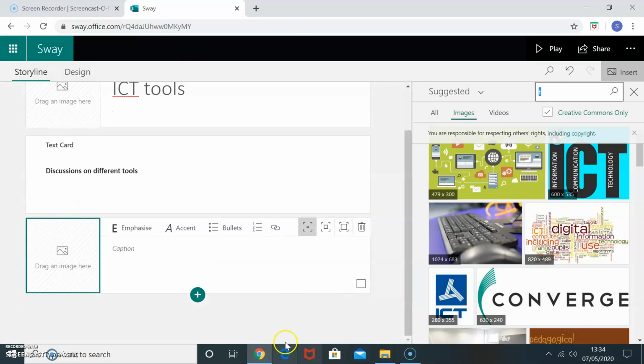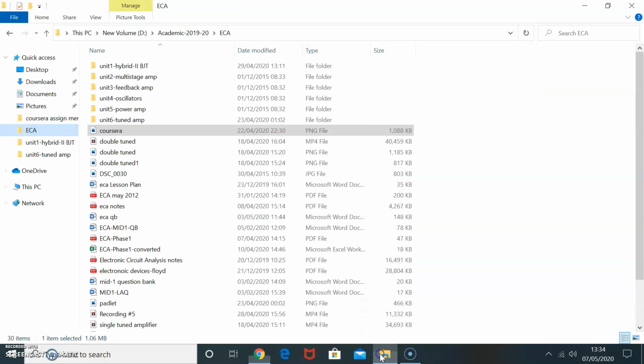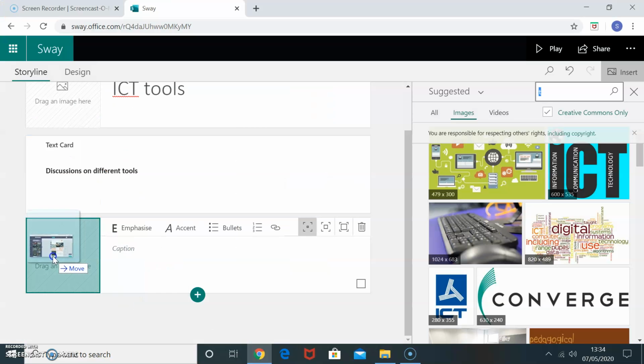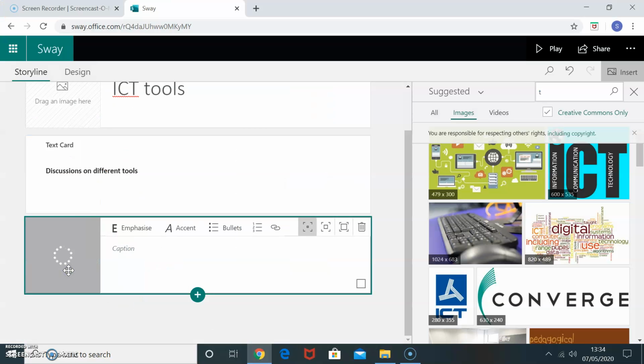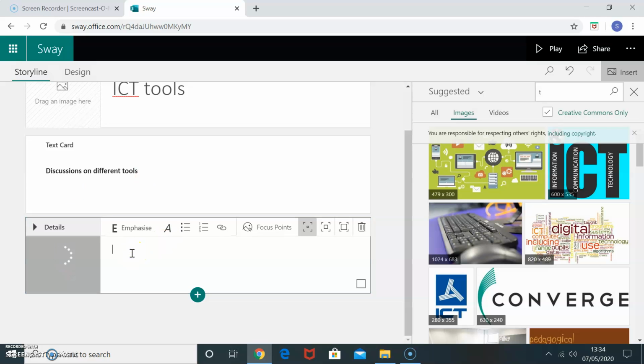I can drag and drop it from my desktop, drop it here, and I can write about that image. I can write something about tools.